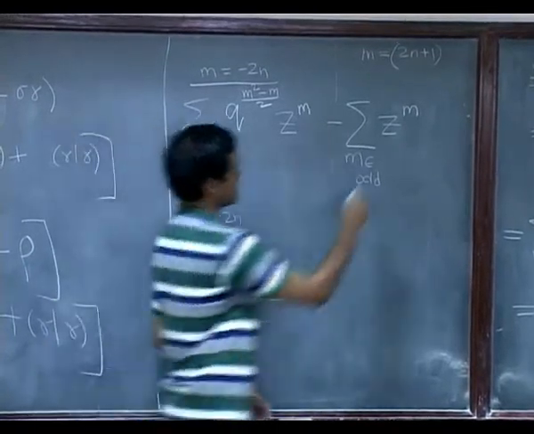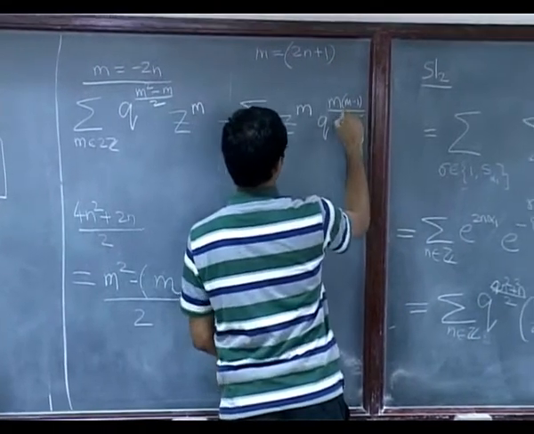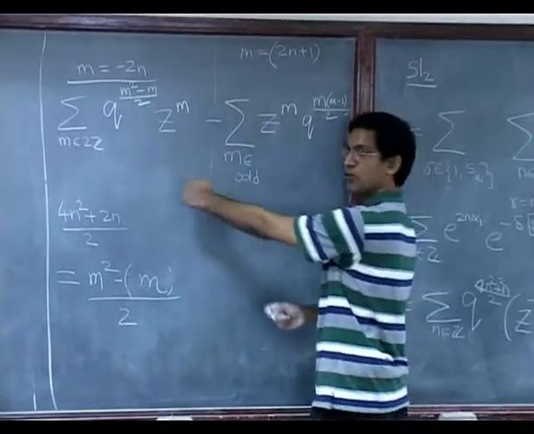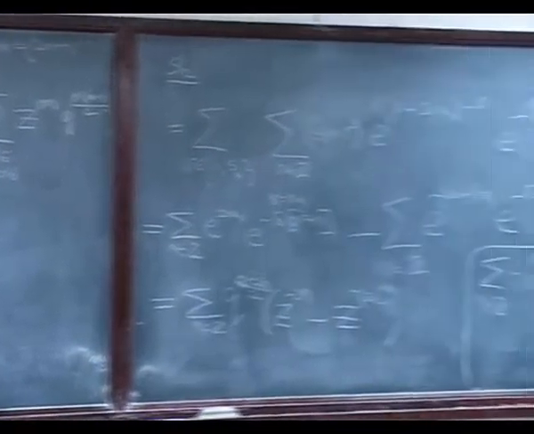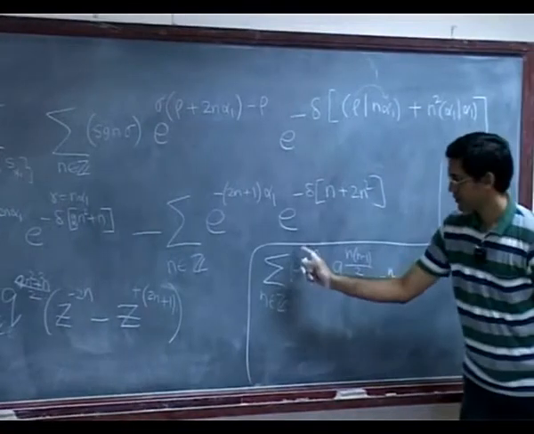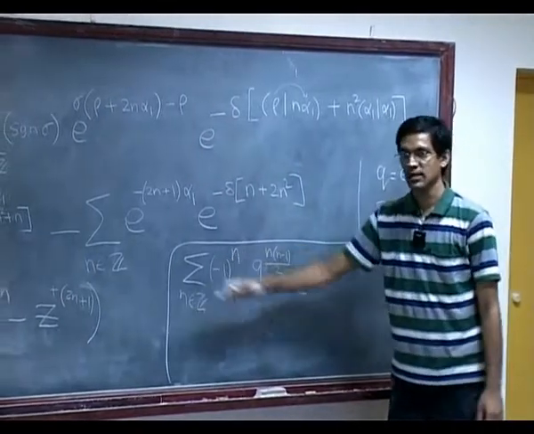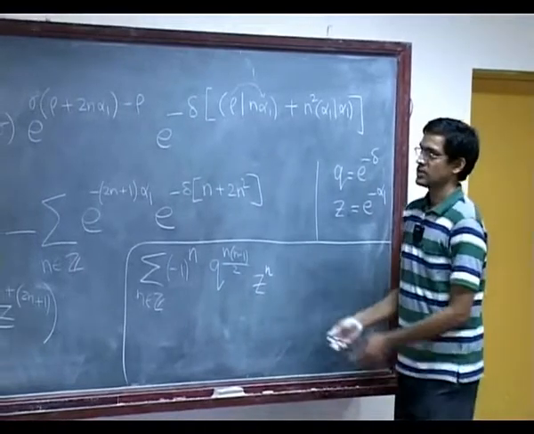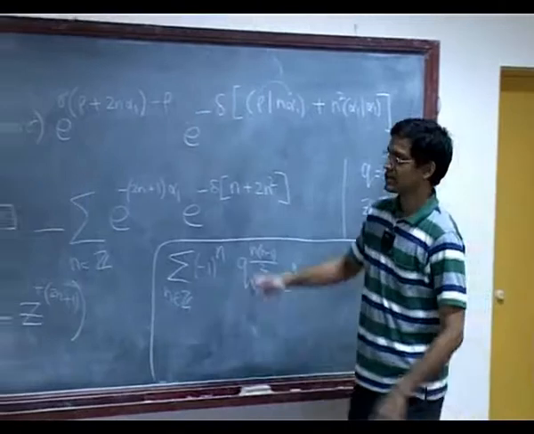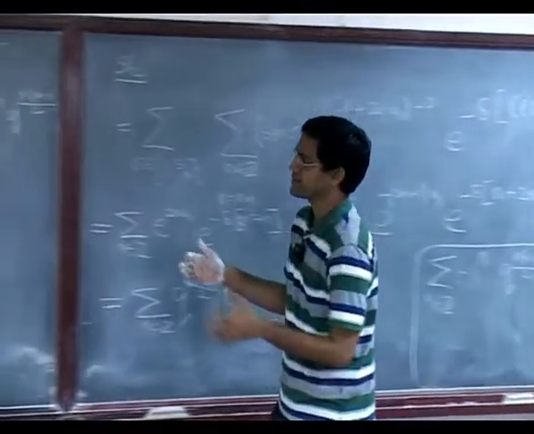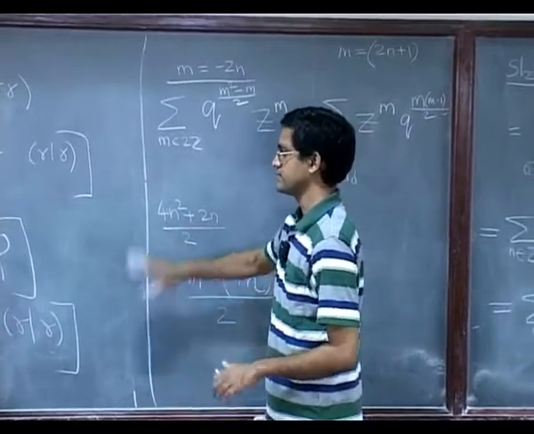Okay, so magically you get the same thing again, q to the m into m minus 1 over 2. But now m is only running over the odd numbers here and over the even numbers there, and you can put them both together, and that is exactly the formula. This just says it is a sum over the even numbers of this minus the sum over the odd numbers of this. Okay. So, it is exactly Jacobi triple product, but comes in a slightly different form, and there is a reason for doing it this way, because that is what will generalize to any setup.